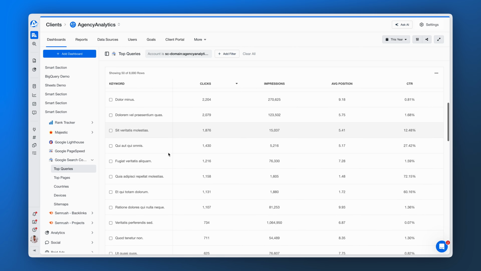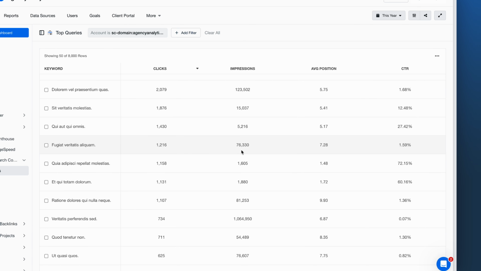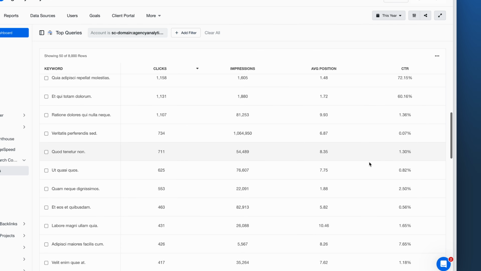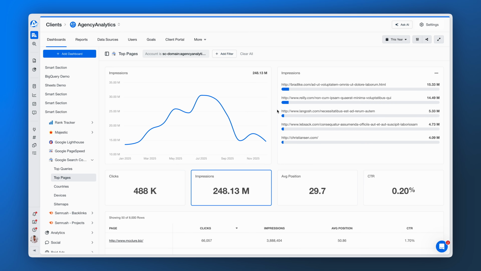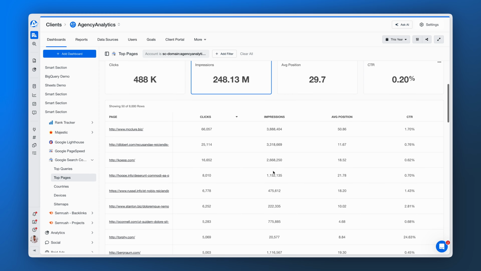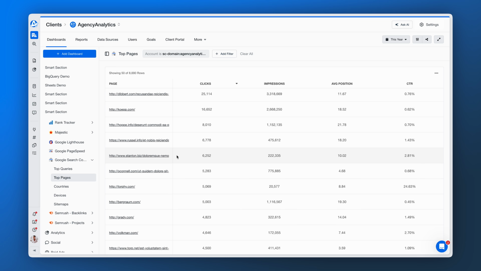Instantly see keywords generating impressions and clicks, making it easy to explain results, uncover optimization opportunities, and guide SEO and PPC strategy. Page-level insights reveal how your site performs in search. Review top pages to see which URLs earn the most visibility, identify underperforming content, and prioritize pages for optimization to